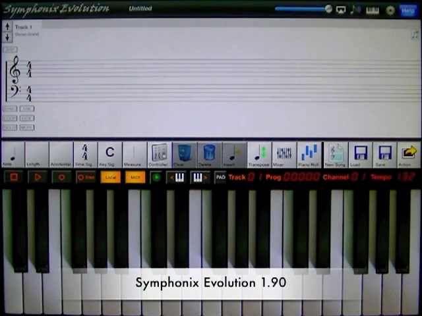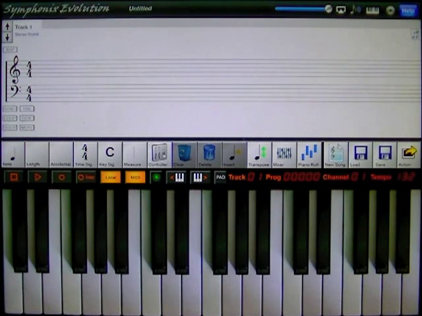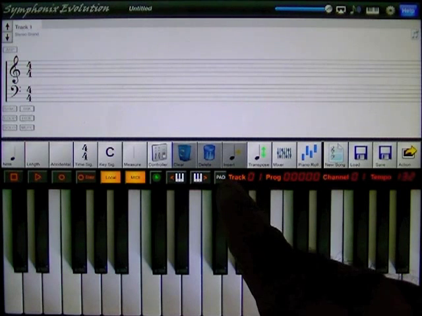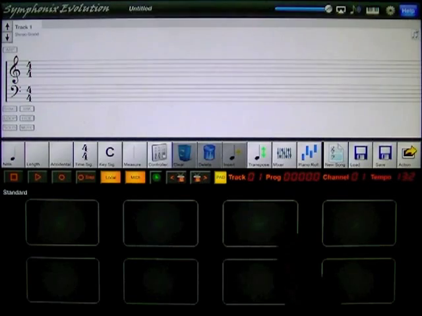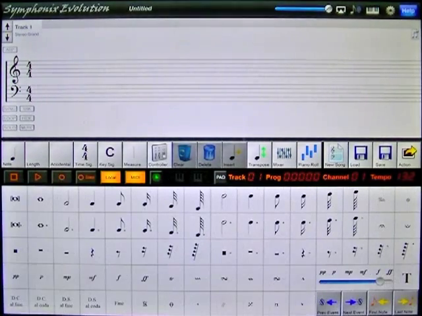Today I'm going to show you some of the new features in Symphonix Evolution version 1.90. That's our latest version. To start with, the piano keyboard that you see here, we've added a few pad modes. So when you push the pad button, you'll see it now moves from piano to drum pad to full cymbal